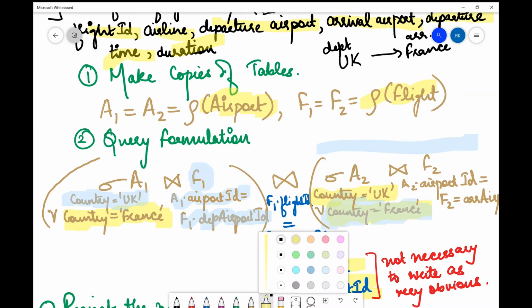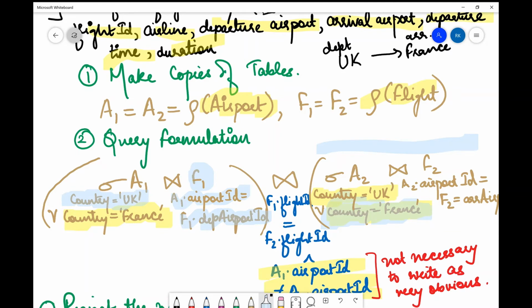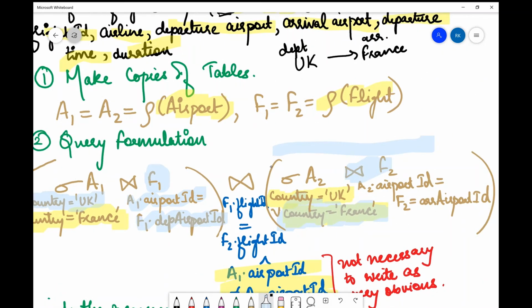So we were at select all the airports with country equals to France, and then I join it with the flights table and I say A2 dot airport ID equals to F2 dot arrival airport ID. So now the flights which are having the arrival airport in France are selected over here.